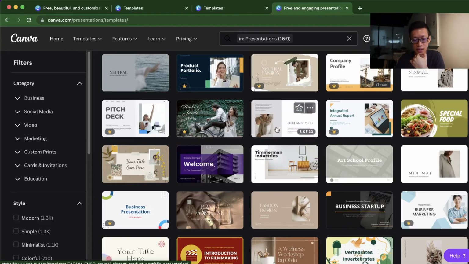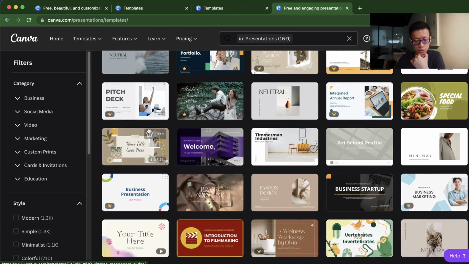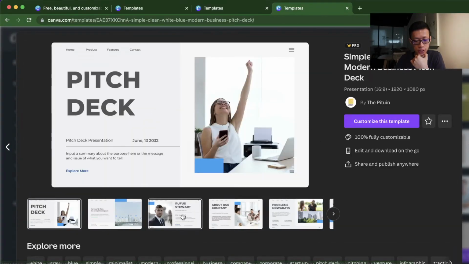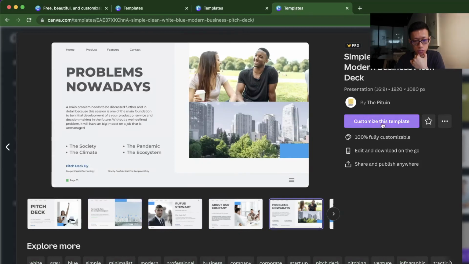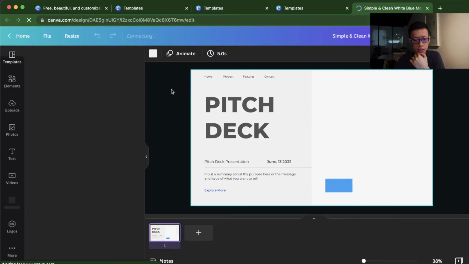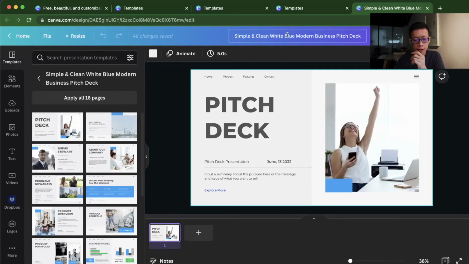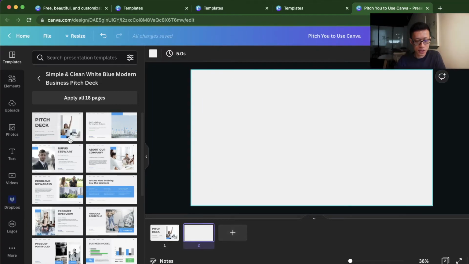What is there? Okay, or maybe I want to pitch to a new client. Then I see that this is good, this is okay. Then I'll just click it in, then use these templates. Okay, one more thing is that here would be where you edit your file name. Okay, so like pitch. You do use Canva. So for example, this is the file name in there. Okay, so editing here, this one is page 1, then you can continue to add the content, then